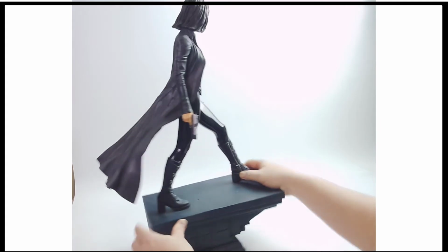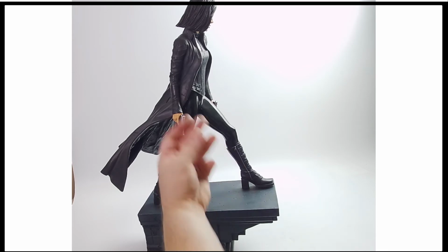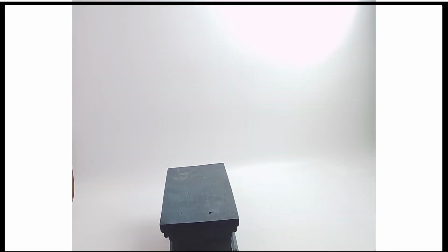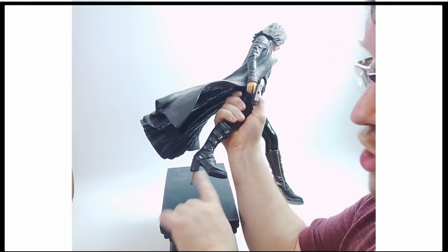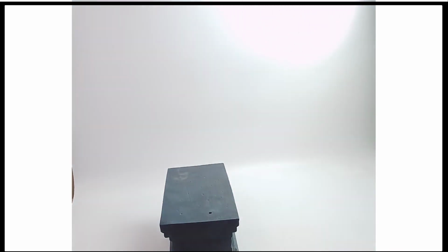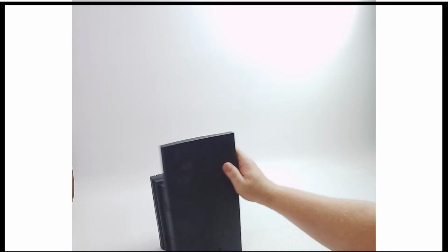Here's what we'll do. I'm going to struggle with this for a while, so again, through the power of the magic of choppy editing, we have been able to remove her from her base. It's still intact, and I want to show you that little spike there. I don't want to set her down, but I do want you to be able to see the base by itself, and in particular,